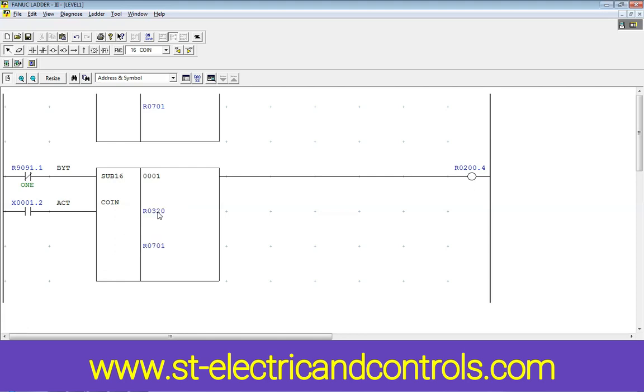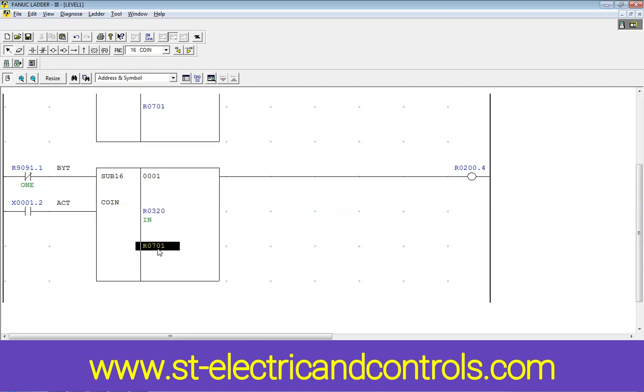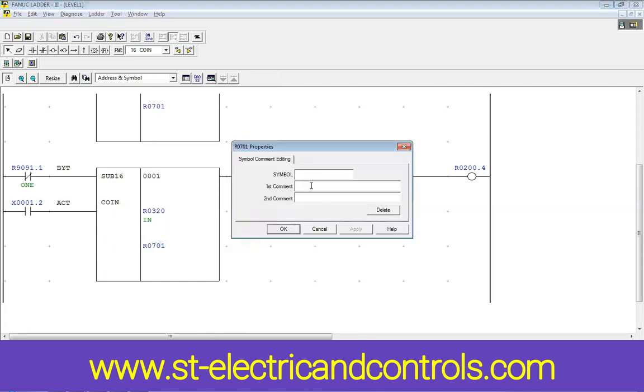You add comments here. Right click. This is the input data address, and this is the output data address. Like this you can add.